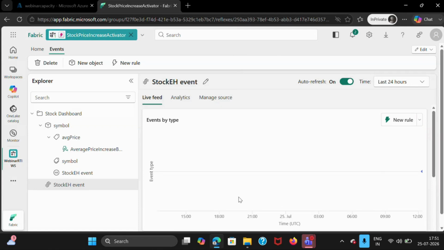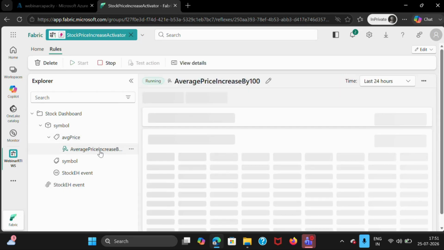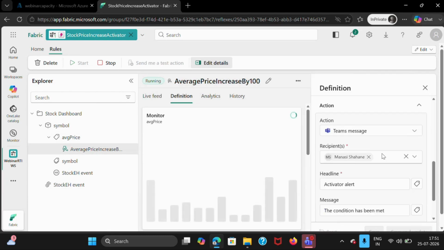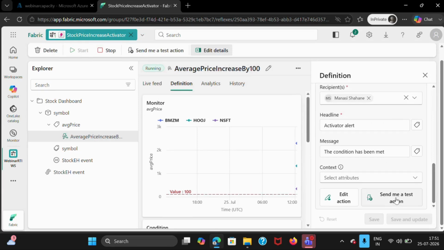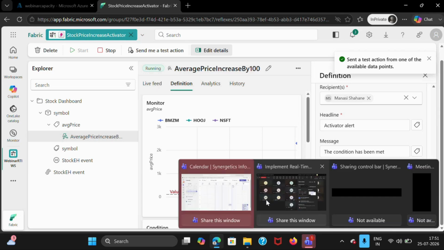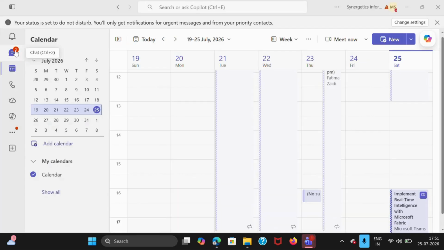And the minute it sees that the price has gone up by 100, it will send you a message in Teams. If you want, you can even test it. You can have a test condition. You can say, send me a test action. You can just click on this and see the message that you are getting. So here, if I go to my Teams, if you see my chat here,